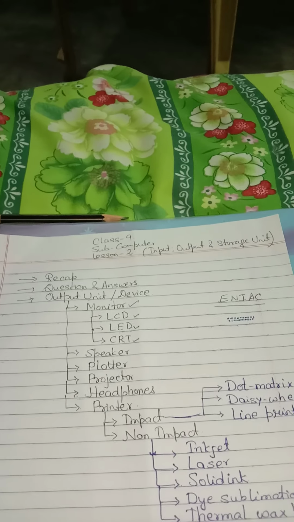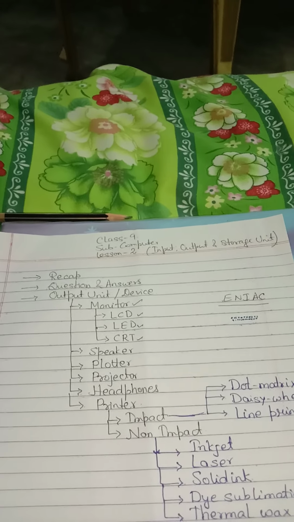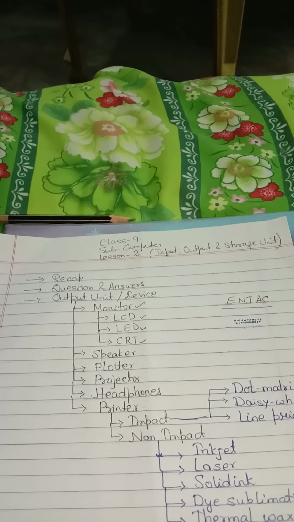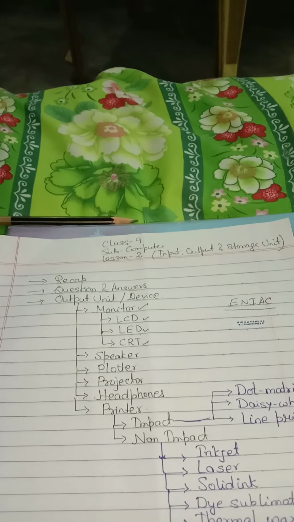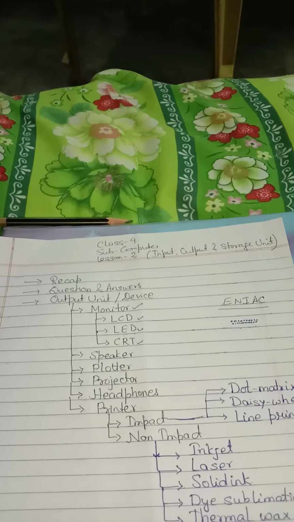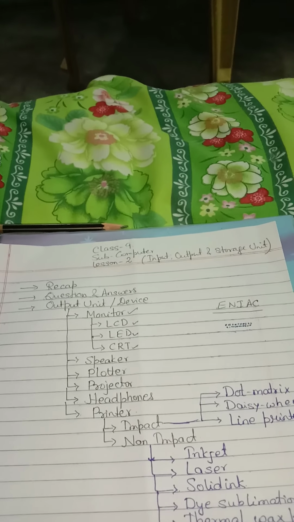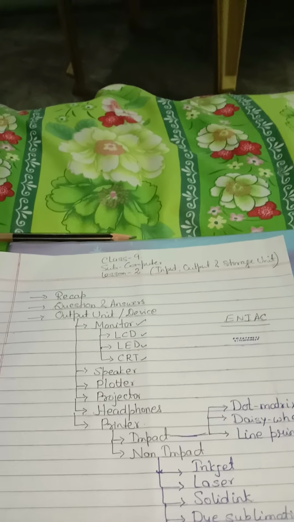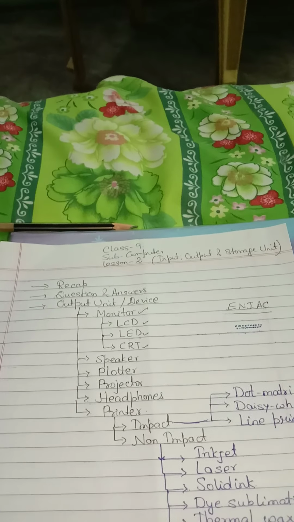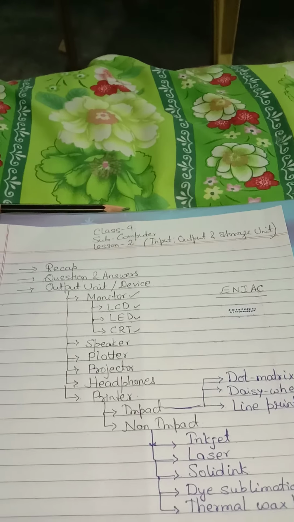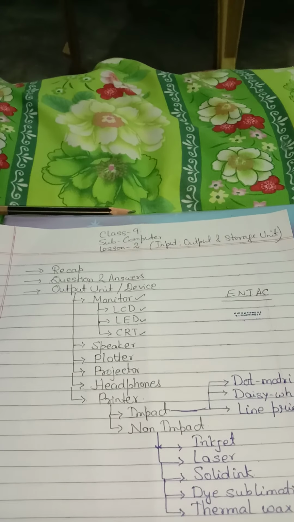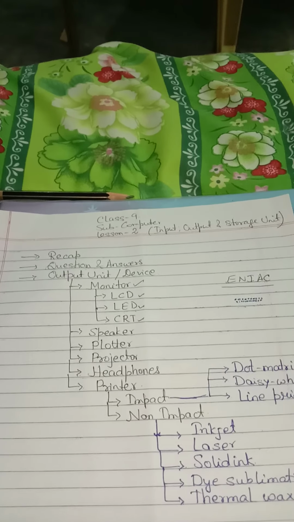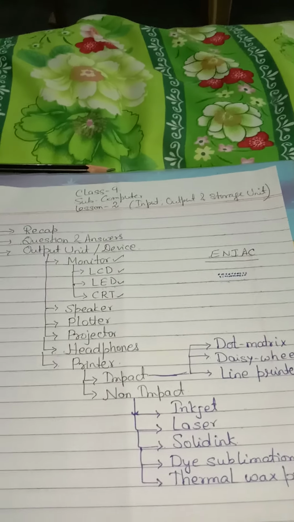It uses a very small amount of electric power, but the main drawback here is the inability to retain the high quality of image when viewed from the side angle. That is, when we view the LCD screen from the side, it is unable to maintain the high quality of image. This is the drawback of LCD. So here I discussed the monitor and its three types.